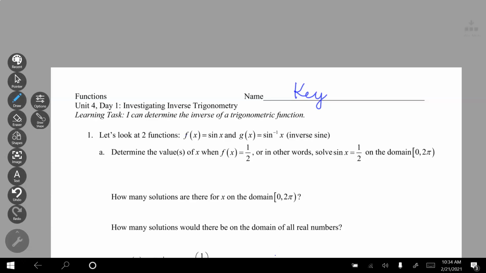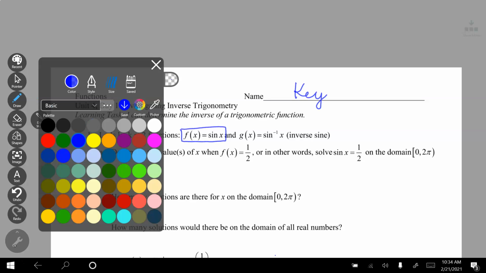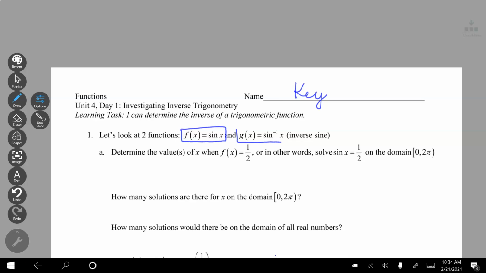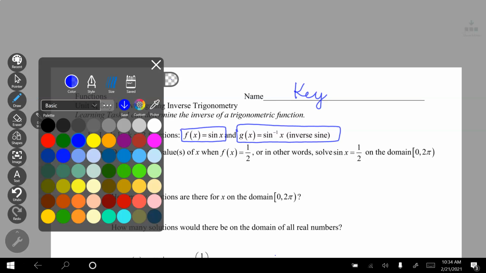So we're going to look at two functions. f of x equals sine of x, and this other one, g of x equals the inverse sine of x. Do not call this sine raised to the negative 1. It's inverse sine of x. So our first question is,